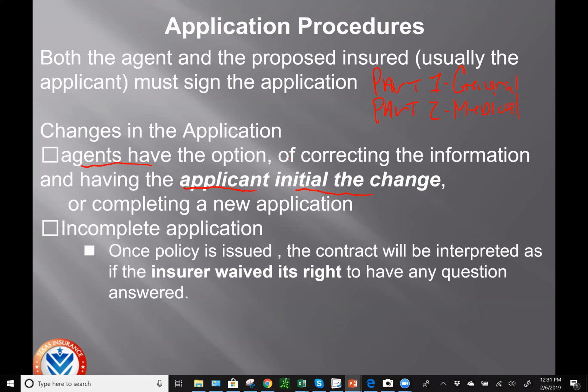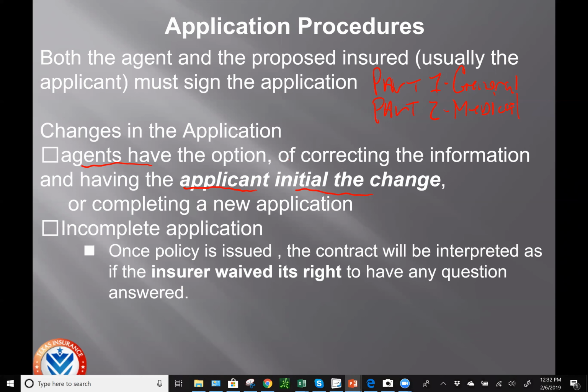First scenario is, let's say the insurance company does notice that this question is not answered. Do you think that they would answer it themselves? Probably not. Are they gonna give it back to you, the agent, and have you answer it? Nope, that's not it either. What has to happen is it has to go all the way back to the applicant and have the applicant